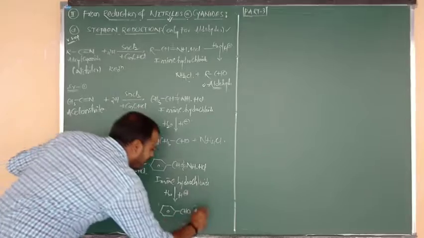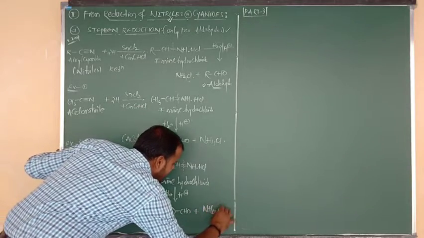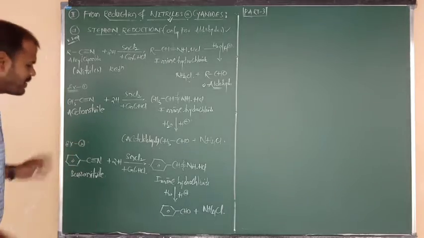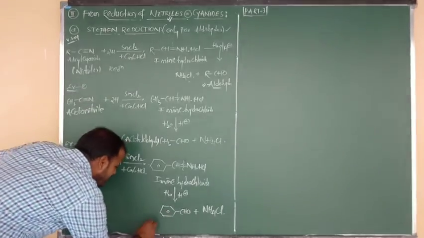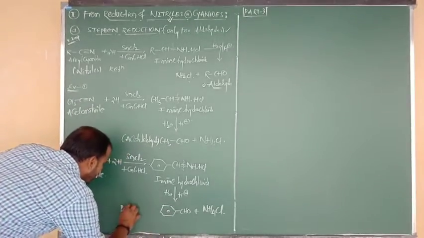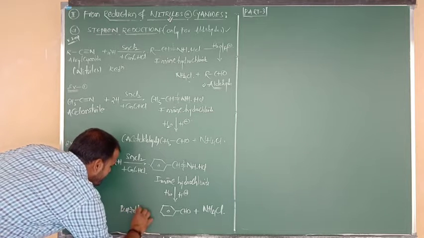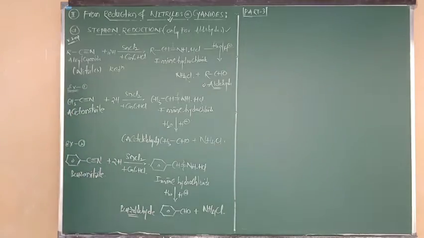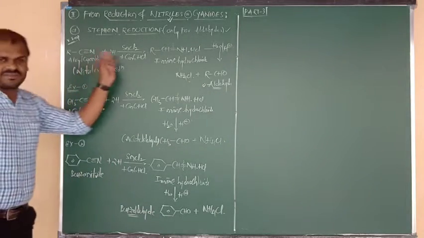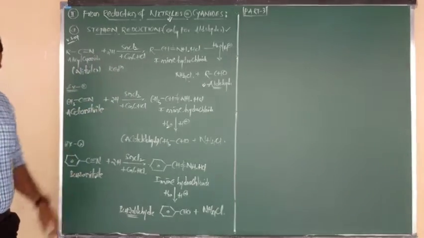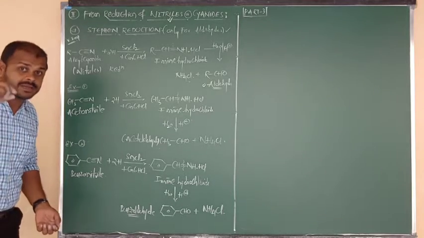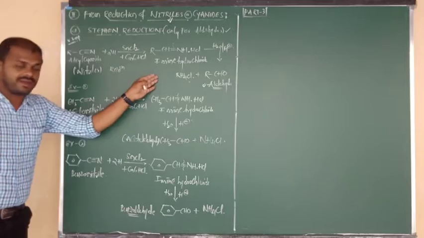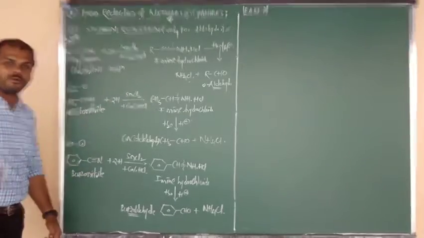And again the same thing, the common byproduct in all Stephen reductions is nothing but ammonium chloride. So what is the product here? Benzene bonded to CHO, the compound name is called benzaldehyde. So once again, the final touch, Stephen reduction was over. Once more I am telling you, try to focus on the statement. If you know the statement very well, if you know the common reaction very well, examples are nothing to you. I hope. Yes or no?